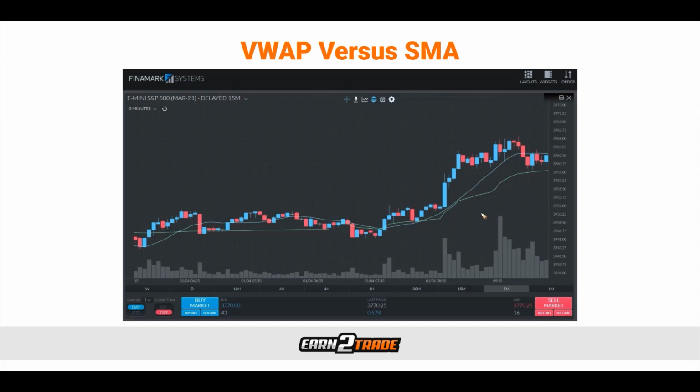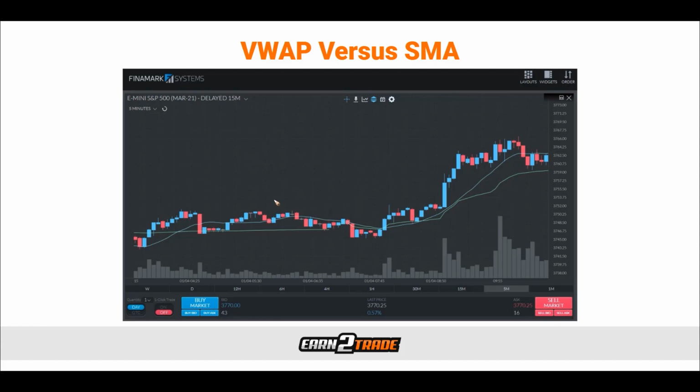The difference between the two can be described as how they're calculating. If we look at the VWAP, it's summing up the prices multiplied by the volume and then divided by the total volume, whereas the simple moving average is just the sum of the closing prices divided by the number of trading periods. So once again, the VWAP is factoring the volume in, whereas the blue line is not paying attention to volume at all. The VWAP helps us reduce market impact, so it is very popular with the big institutional investors, whereas the simple moving average is not doing anything to that effect, and it really can't help reduce the impact.